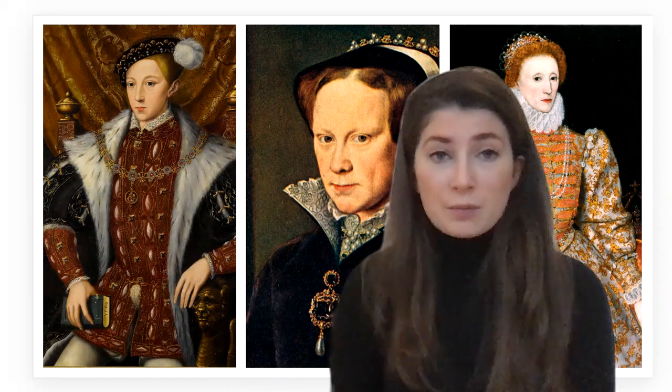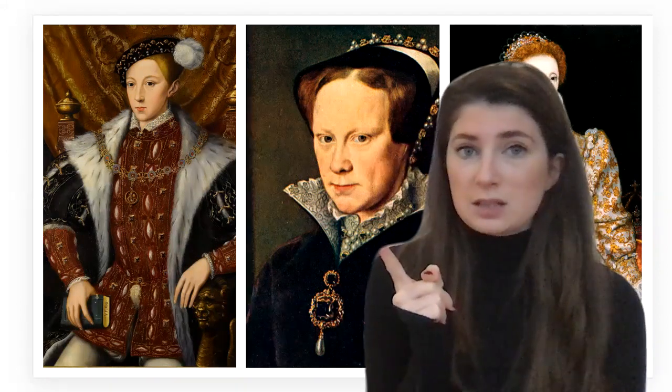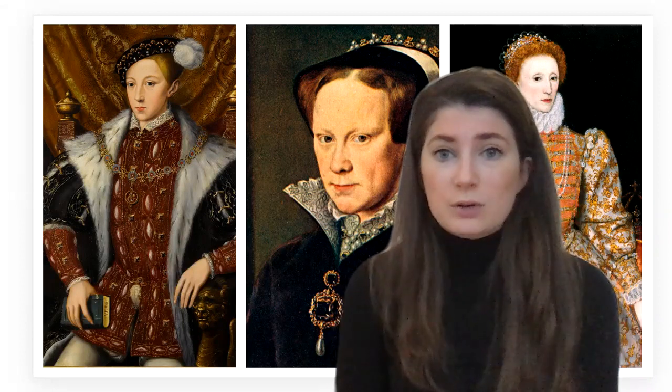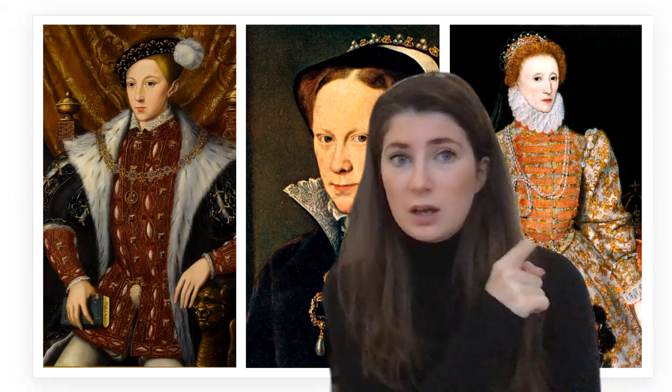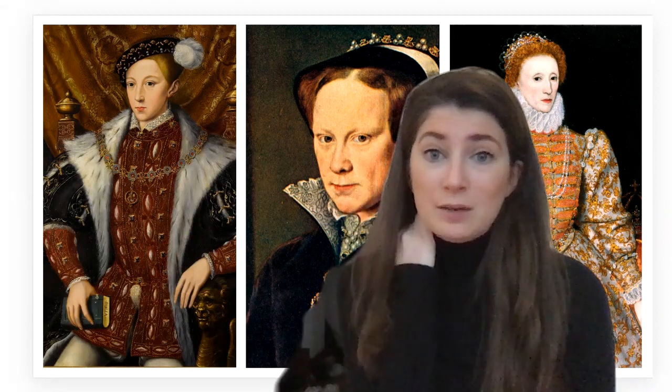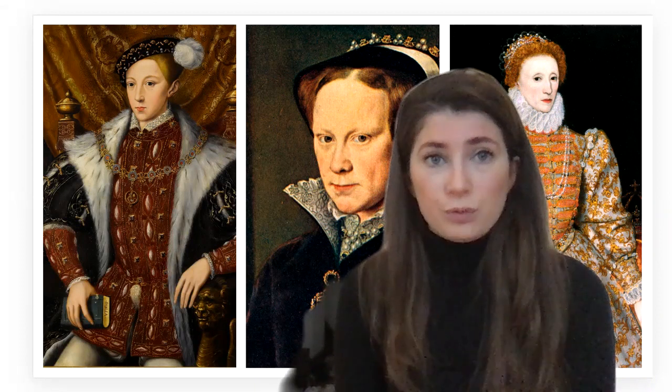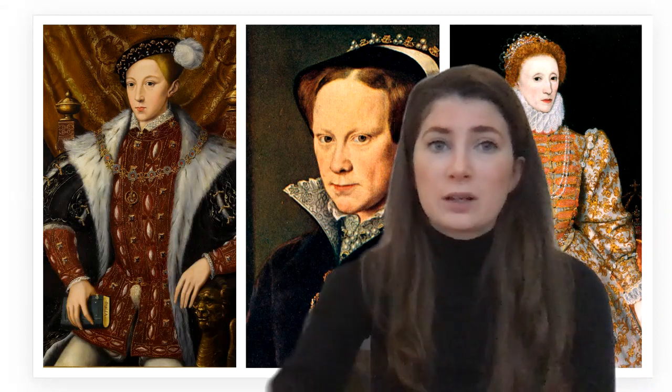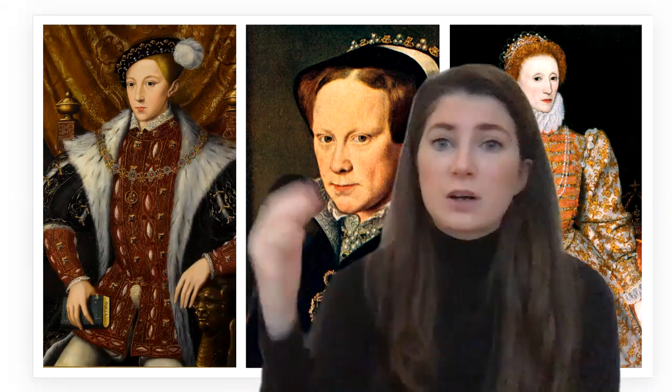The throne then passed to Elizabeth's half-sister and older sister, Mary. Mary also died without children. And so in 1558, Elizabeth, the daughter of Henry and Anne Boleyn, the youngest of all 3 Tudor children, became Queen of England. She was 25 years old and needed to establish her authority.